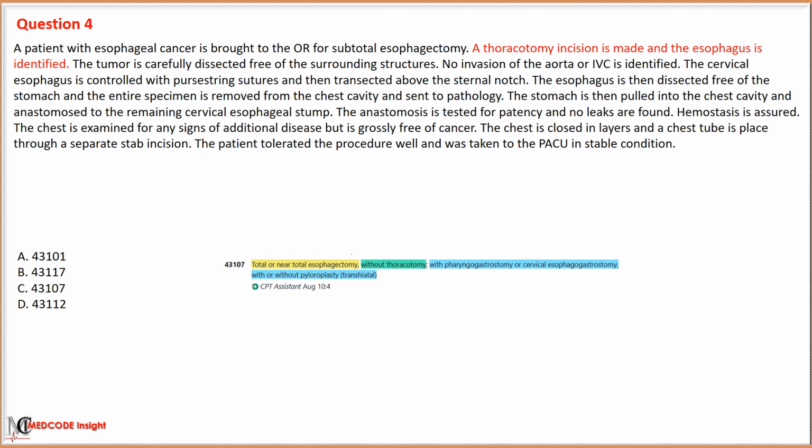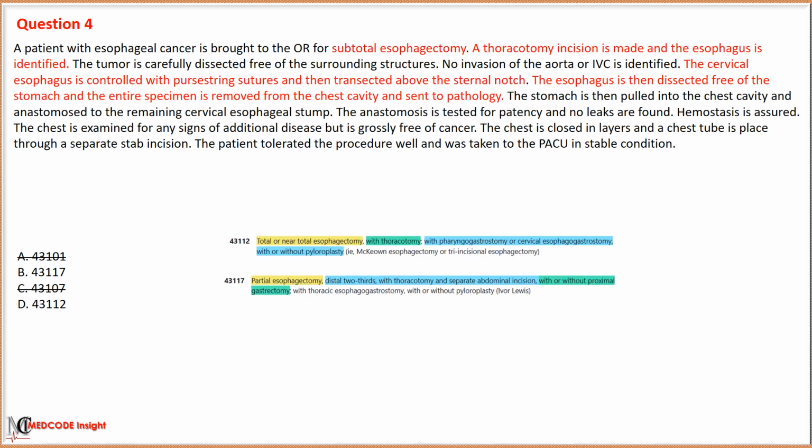Based on this approach, we first eliminate option C with code 43107, used for esophagectomy without thoracotomy. As the procedure involves the removal of the esophagus, we will also eliminate option A with code 43101, used for the excision of lesion from the esophagus.